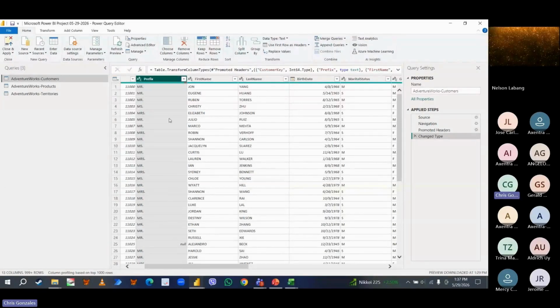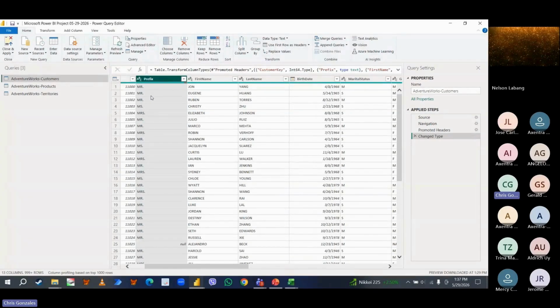What I'm going to do is display the full name in a separate column that includes the prefix, the first name, and the last name, regardless of whether the prefix is Mr., Miss, Mrs., or blank. We'll still combine it. Technically, if you're familiar with Excel formulas, I'm talking about concatenate.